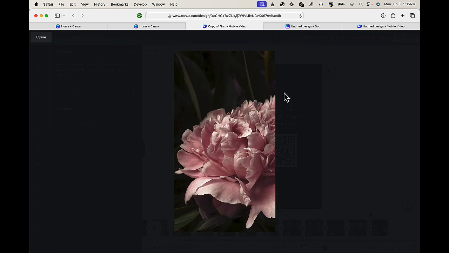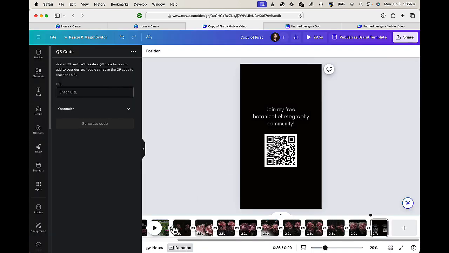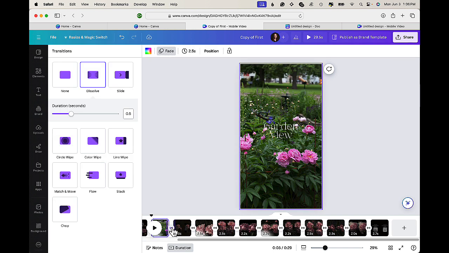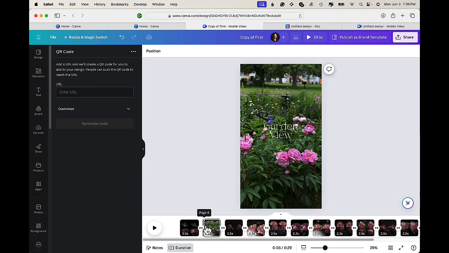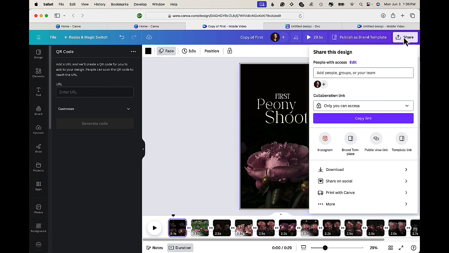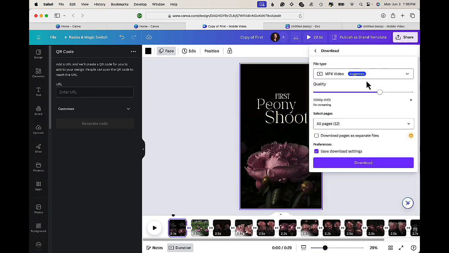I do like to put transitions between each slide, and how you do that is to just highlight or click between each slide, and then you can add a transition. In this case, fade is really gentle and it works with my style, but something that is more animated might work with yours. Then when I'm all done, I just go to export, share, download as an MP4,